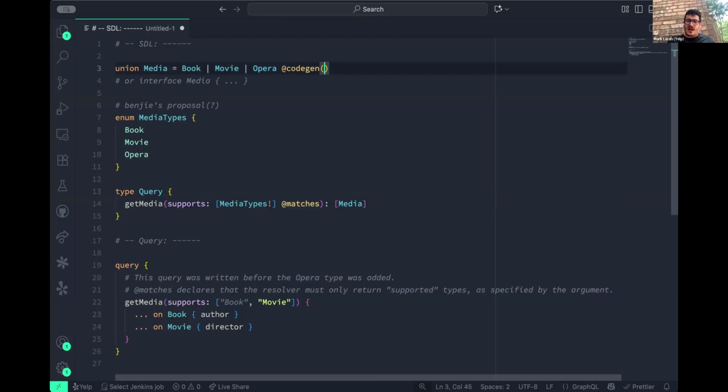Okay, thinking ahead, type, media type. I could imagine something like this as a signal to codegen, and then this matches thing, what we would encode in the RFC is that, as you say, when we reach this node, we would go and check that this enum is valid, that every string, every identifier in here corresponds to a type on